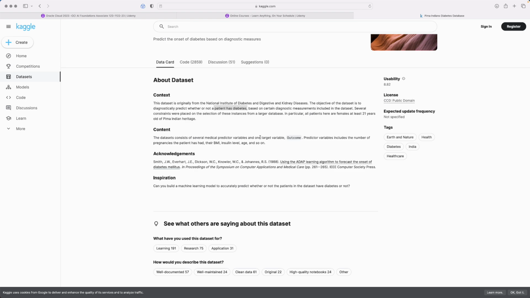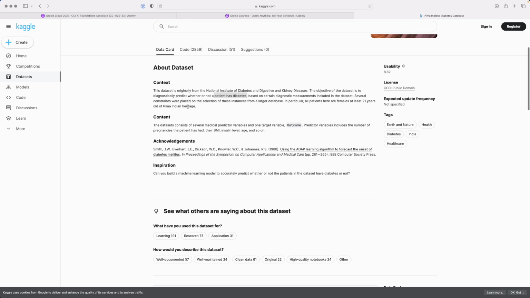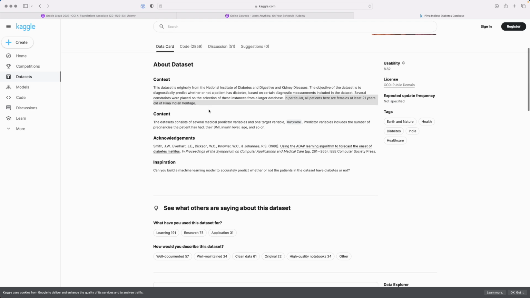And based on those metrics, it has to decide whether the patient has diabetes or not, right? Several constraints were placed in the selection of these instances from a larger database. Another important key thing about this is all patients here are females and at least 21 years old of PIMA Indian heritage, right? It's a specific area, and all the patients are females